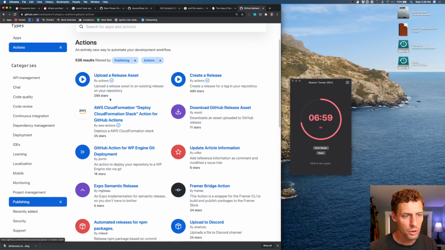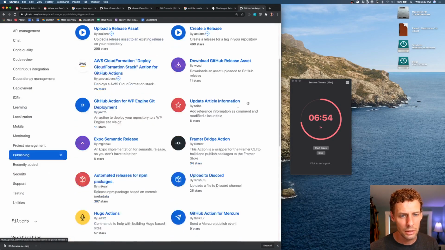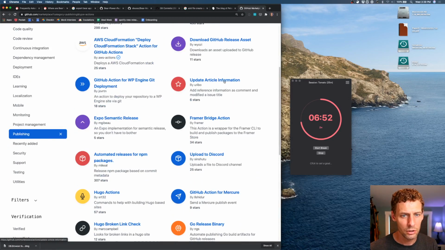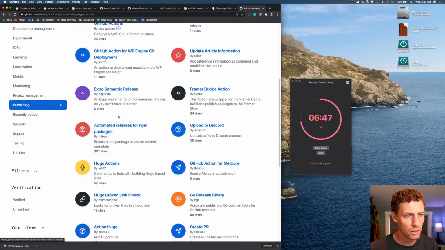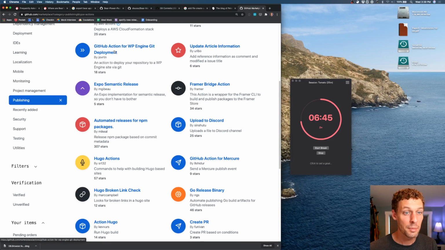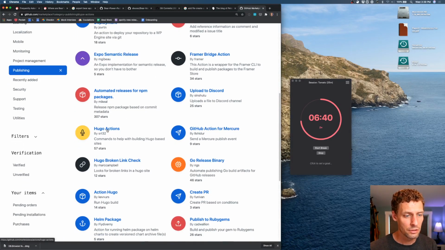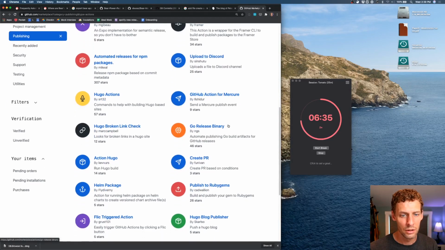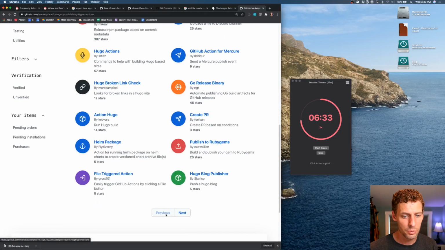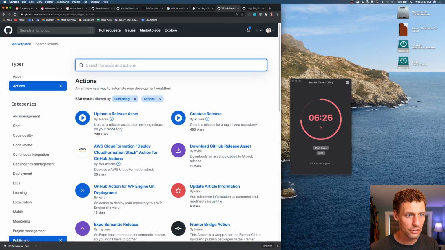So here are some publishing ones. You can upload a release asset to an existing release, create a release, update article information, add reference information as a comment, and modify issue title. GitHub Action for WP Engine Git deployment. Cool. Hugo Actions, commands to help with building Hugo-based sites. Publish to RubyGems. Hugo blog publisher, push a Hugo blog. That's interesting. I wonder if I just search for blog